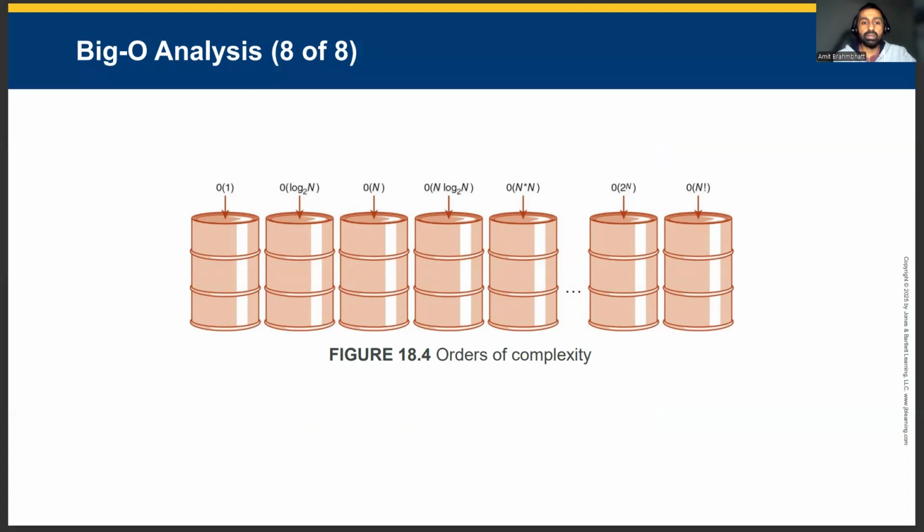And the next slide is a final overview of the complexity classes using the chart labeled orders of complexity. It visually reinforces how each class grows relative to others. As you move from O of 1 to O of n factorial on the chart, the required resources escalate dramatically. The message is clear: choosing an efficient algorithm is essential.